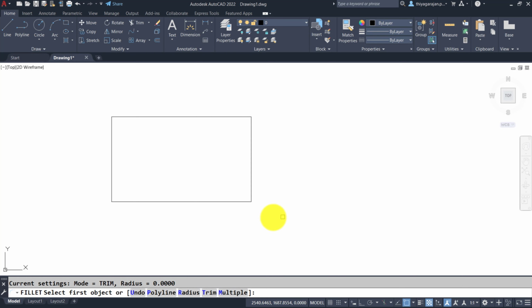Okay, right. I want to convert all the corners of this rectangle into curve corners. So I'm going for radius 10. Okay, so first line, second line. Once I have chosen, the command is over. Again I have to go for fillet and choose the first line, second line. So one by one. Every time I need to go for the fillet command, I have to choose 2